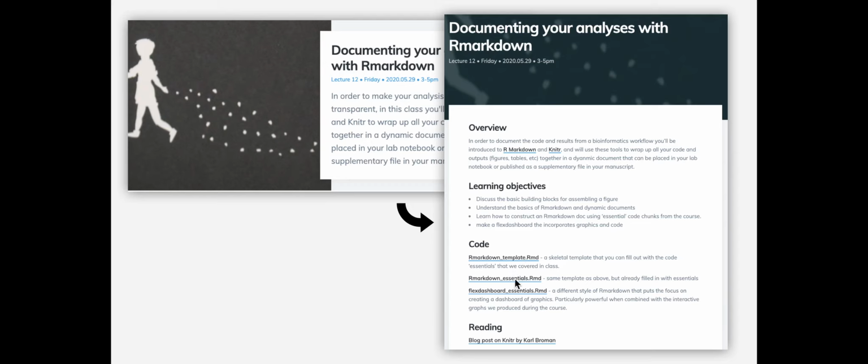I've also, however, provided for you the full R Markdown document with all the essential code chunks sort of already filled in. And then lastly, and we'll talk about this at the end of today's lecture, I've provided another R Markdown document that generates a different kind of research output, if you will, called a flexible dashboard. I've linked to one blog post on